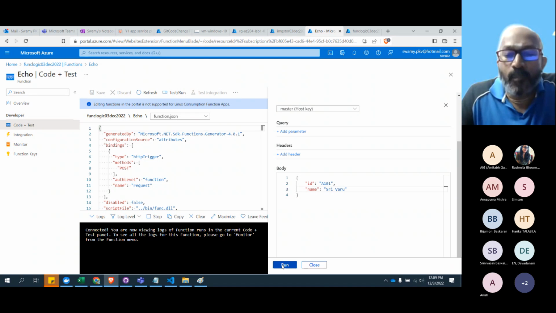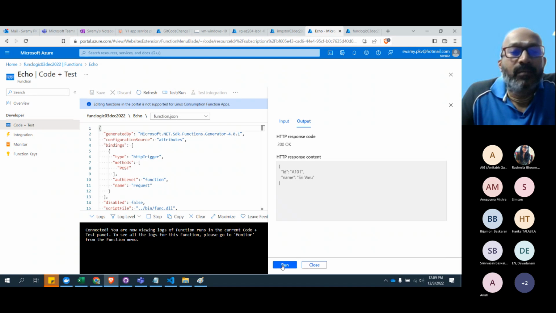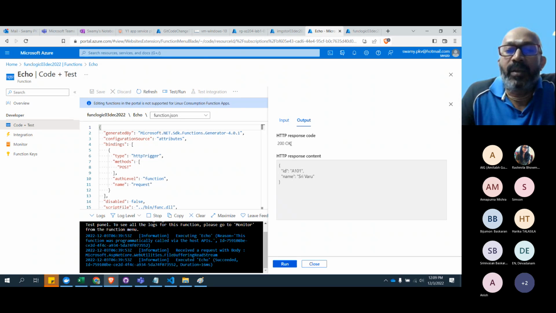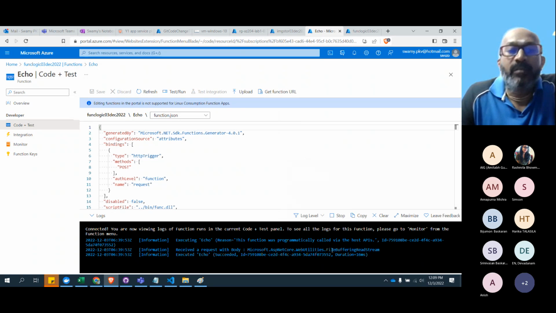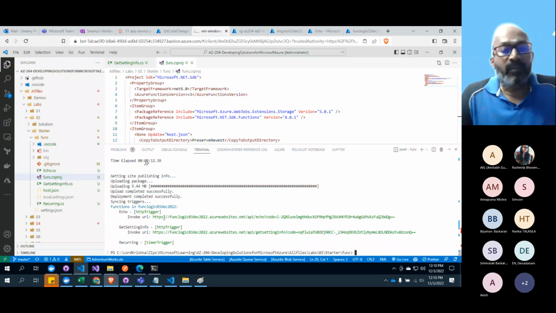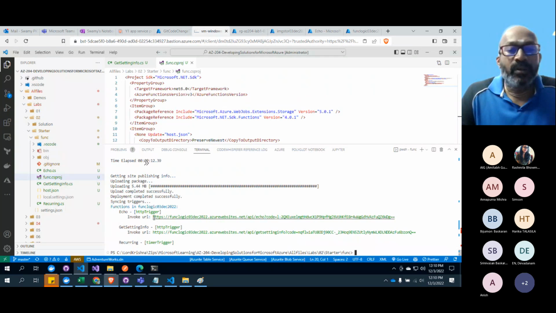Let's run this. So we ran it and you're seeing the HTTP response. So it received it. We were able to test the first function. The same thing we can do with this. That's the code which we have to prefix.